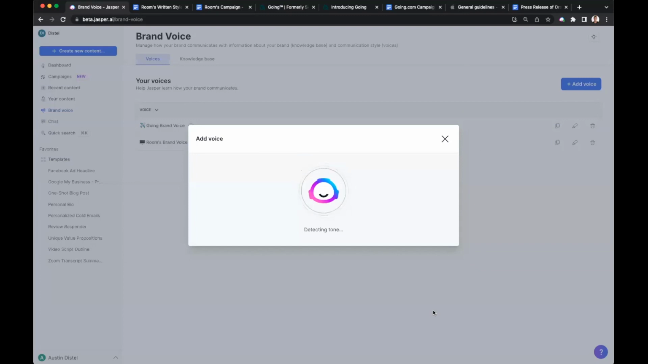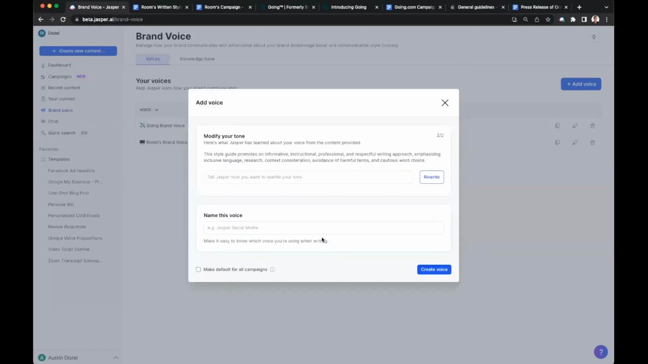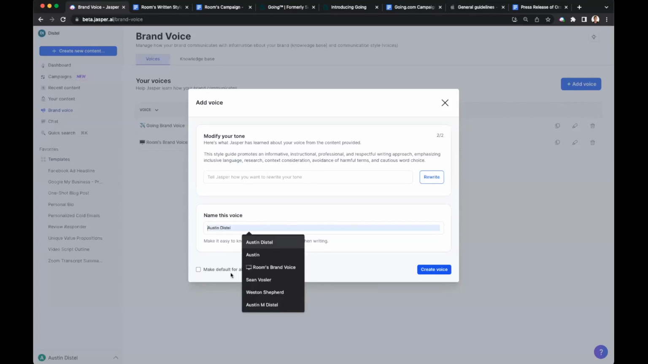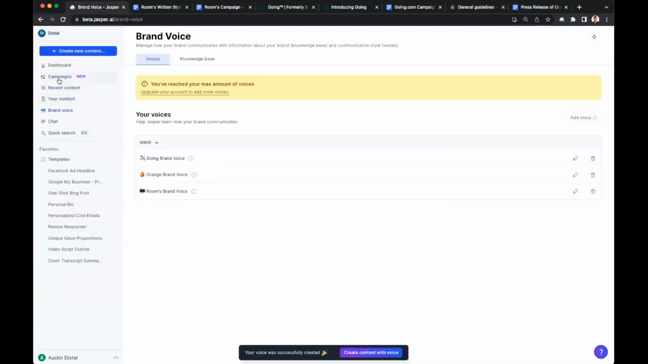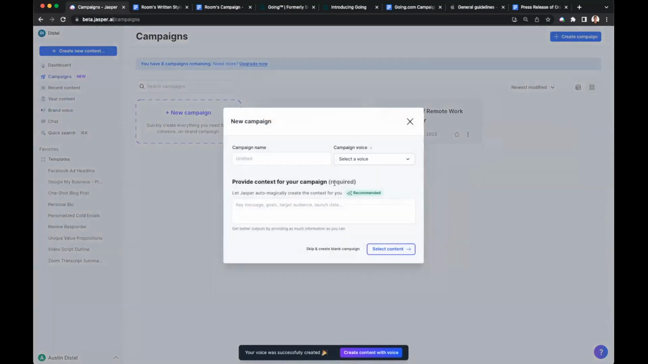So now Jasper's going to learn how you write. I think you all are figuring out how to do this by now, right? So it's detecting your tone of voice, understanding how you write. And when it generates the content, it'll sound like you. It'll be your digital twin. We'll name this the Orange Brand Voice. All right, let's go to campaigns, create this campaign,